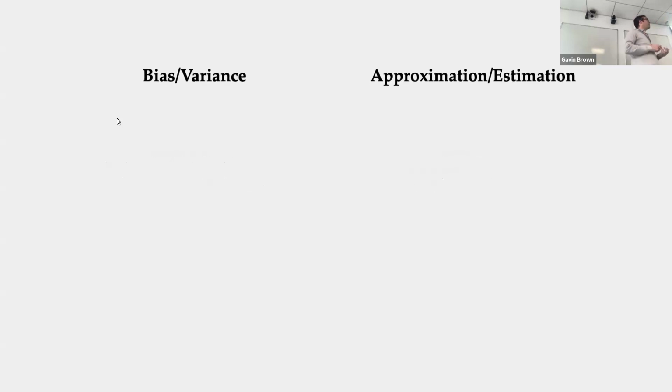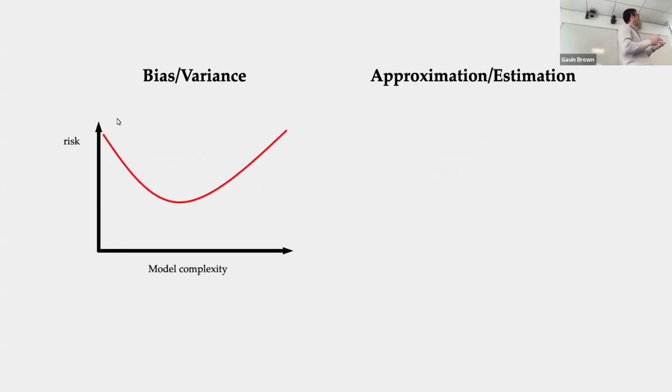How are they described? The bias variance decomposition is usually described in terms of a trade-off. You will have heard of this, no doubt. The performance of your model gets better and better as the complexity increases. Say your deep learning model gets deeper and deeper. It goes down and down, and then at some point it starts overfitting. So we might ask, why is it overfitting? Well, the explanation is that the bias always goes down and the variance always goes up. And it's the sum of these two terms that makes up the overall performance. And you think, okay, overfitting beyond a certain point. Nice.